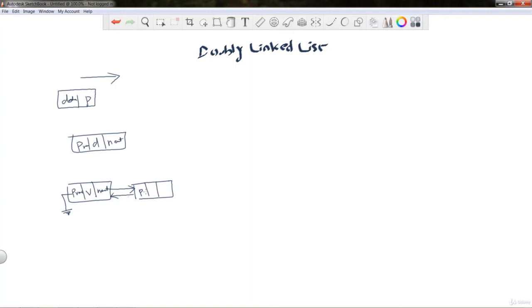If we add third element, second node next reference will pointing to third node, and third node previous references pointing to second node. So how we can represent this node type in programming? Let's take class node. As I said, every node having three parts within it. One is actual data. Here we are going to store values. Let's assume we are going to store integer values here. It may be character or string, whatever. And second part is pointer or reference to previous node. So node of previous. And third part is pointer or reference to next node. So node next.